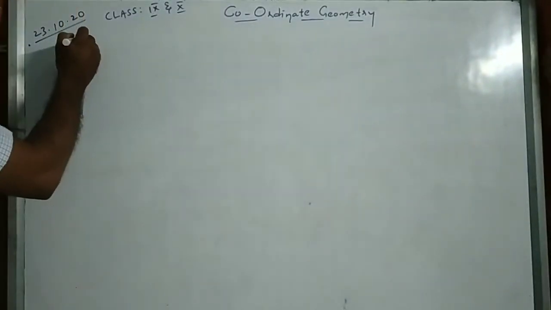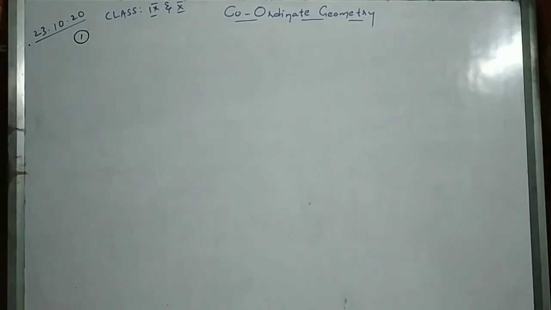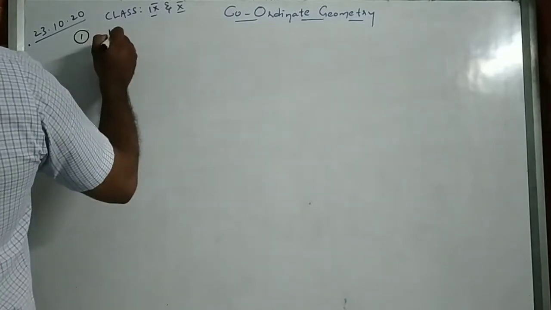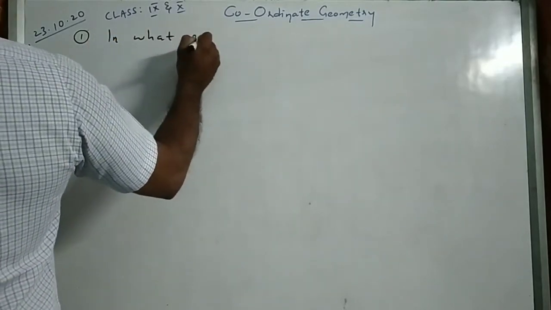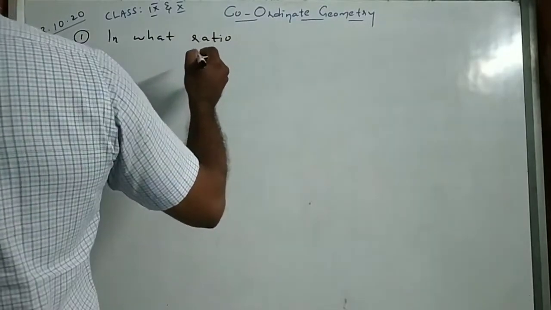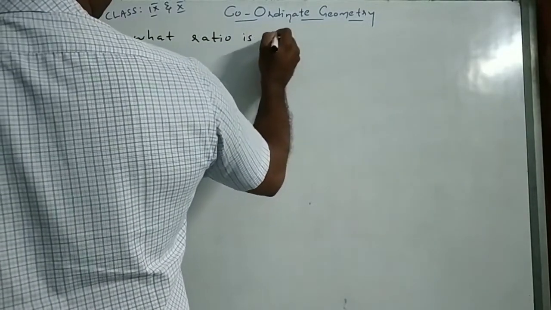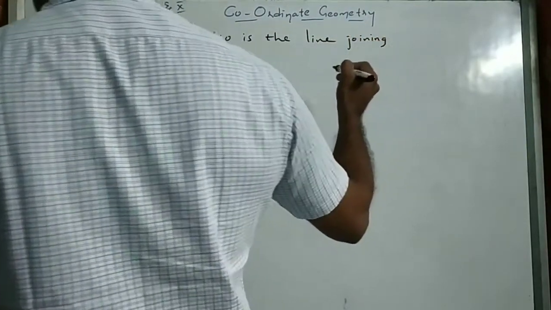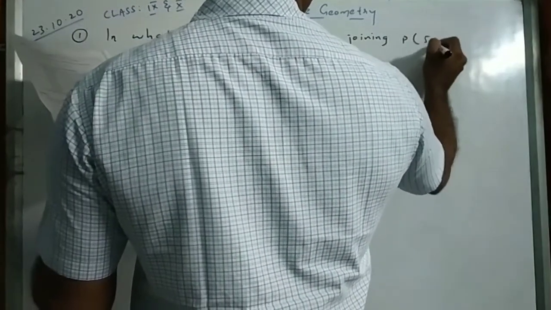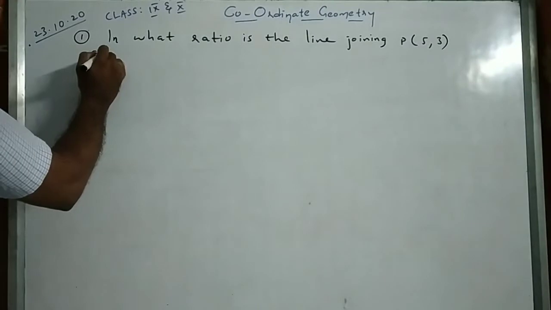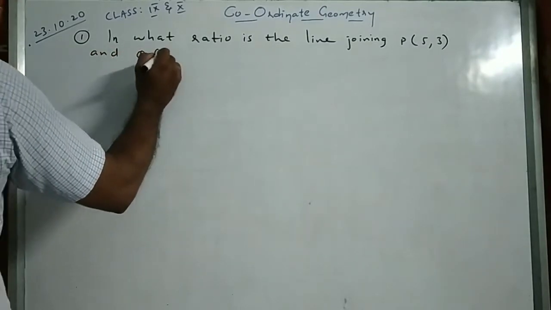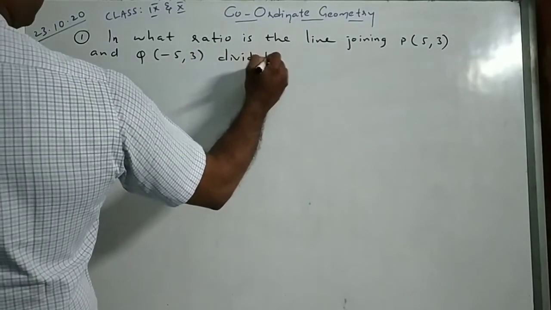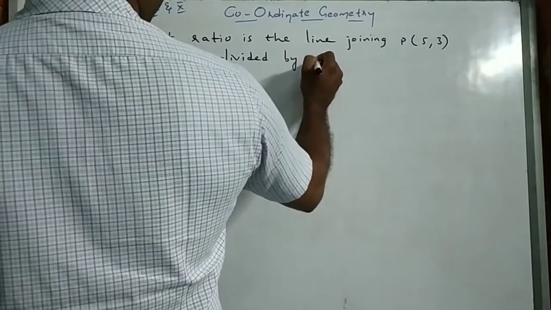So look at this question now. It was given in March 2020. In what ratio is the line joining P of 5 comma 3 and Q of minus 5 comma 3 divided by the y-axis,